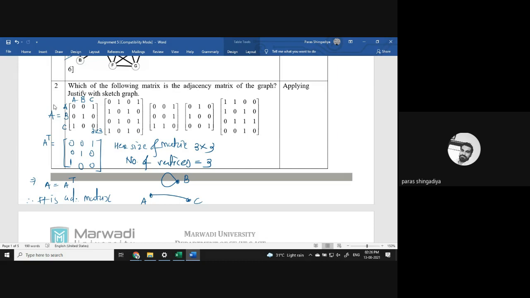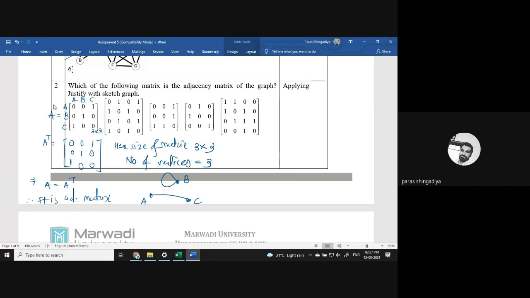Okay? And then for the third row, C to A is 1. So we already connected C and A. So do not create one more edge between C and A. Okay, they are already connected. C and A is already mapped. And C to B is 0 and C to C is also 0. So that is your answer. One loop, and two vertices which are involved in one edge. That is the graph of the first matrix.